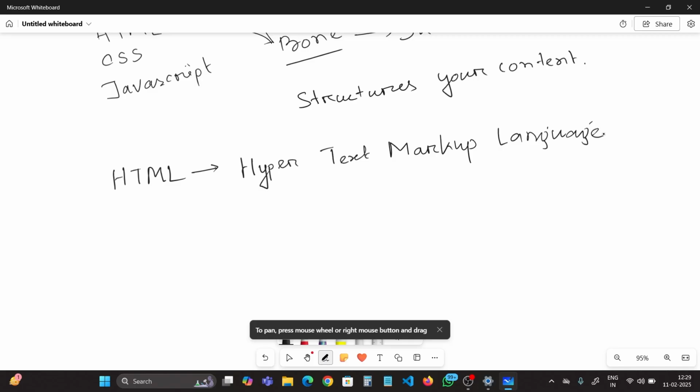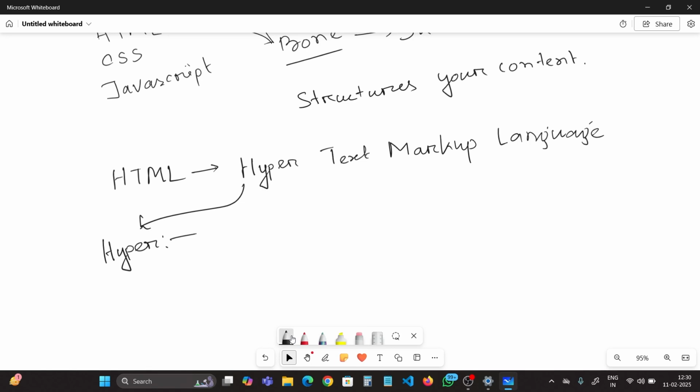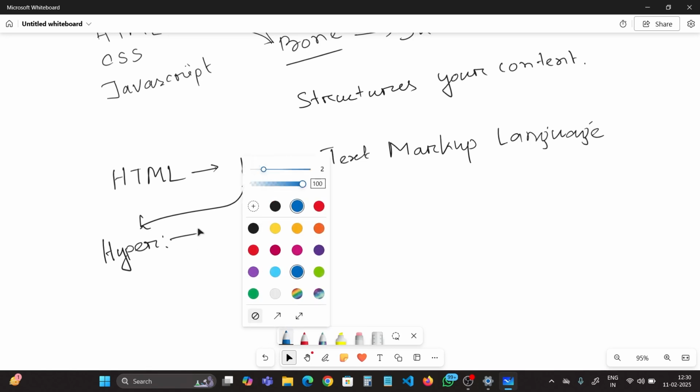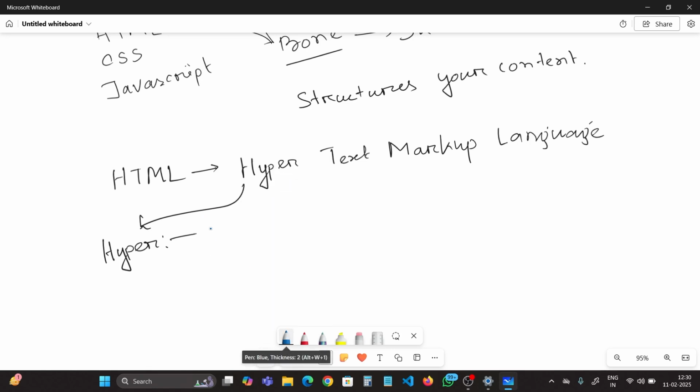Okay, now first thing, what is hyper? Is it angry? Is this why it's called hyper? No, hyper comes from a term which says hyper